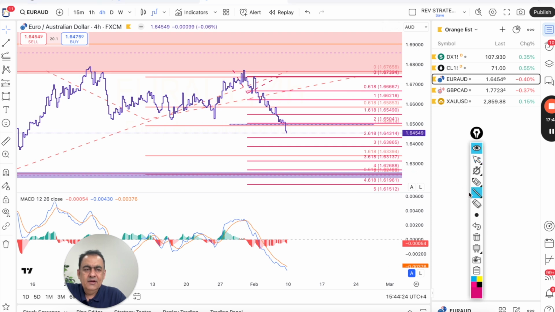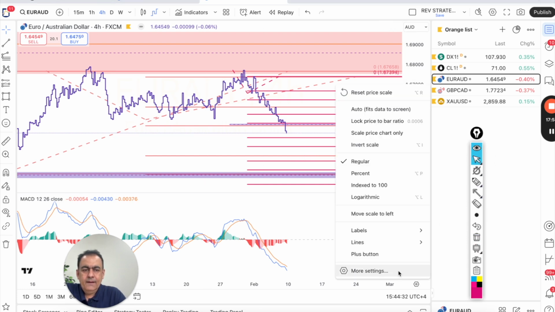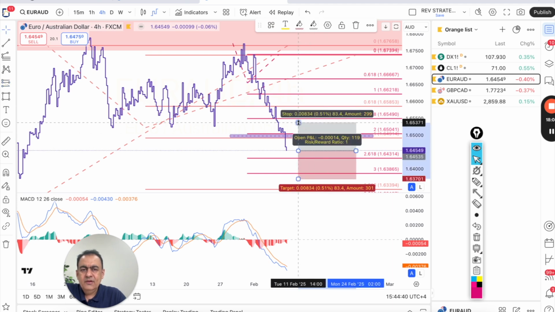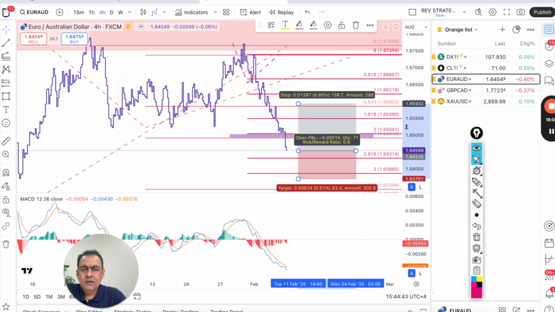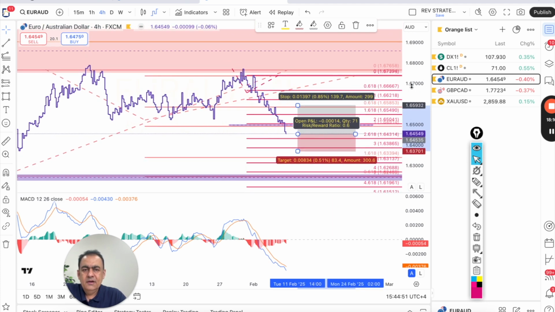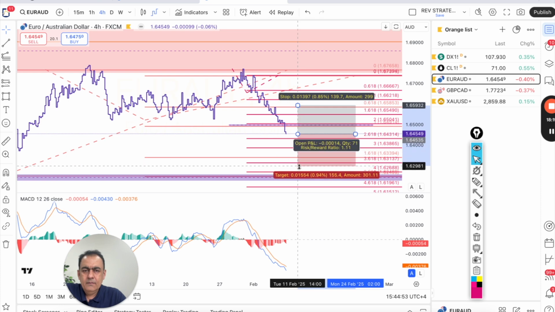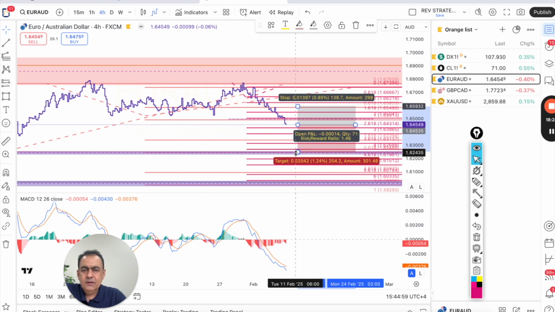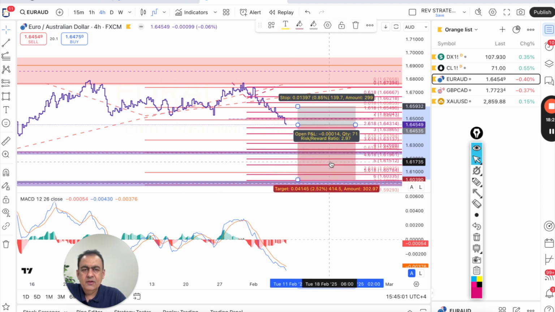So definitely I'll be shorting Euro Aussie, and my target is derived through magnets. Now if I short at the current price level without waiting for the retracement, then my risk and reward is not super amazing, because if I protect my stop loss around this area, I'll be taking a risk of 140 pips, and a reward of 1.47 or 1.5. But if I target the next one, then it makes sense, because now my risk to reward